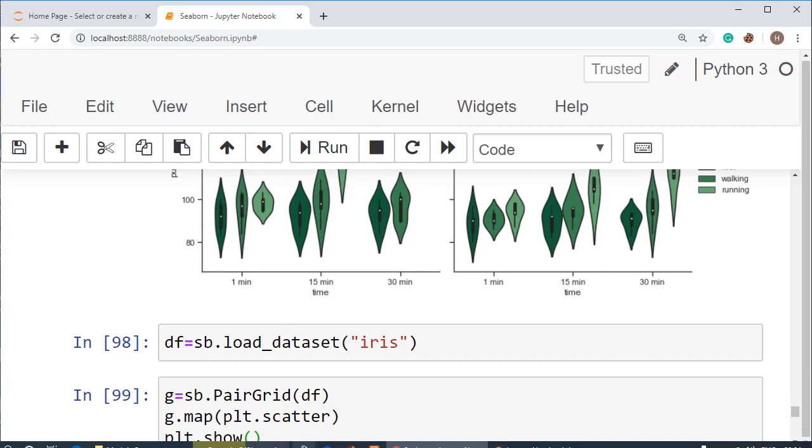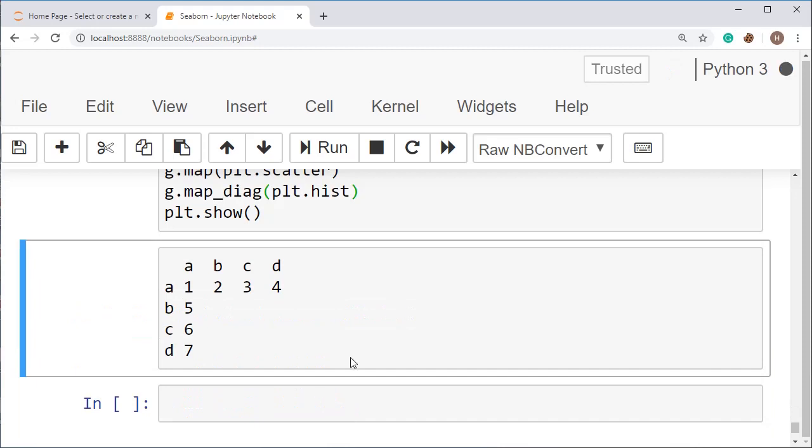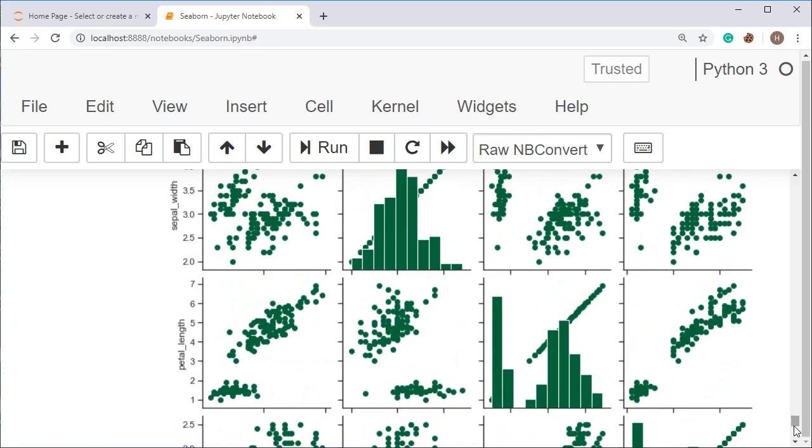You can also set the diagonals. Like you can set here g.map_diag, and set it to histogram. When you run this cell, you will get a graph where all the diagonal elements are histograms and all other elements are scatter plots.